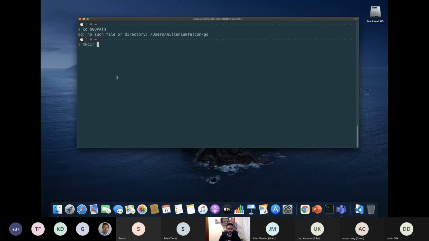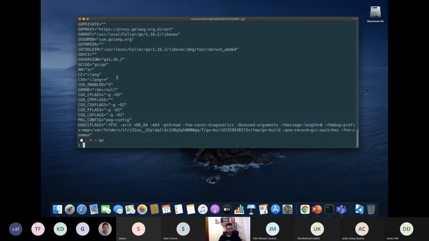So I'm going to create that, go home, go, and if I do something like this, okay, I can see that I'm in my workspace right now. So again, it doesn't matter where you are going to have your workspace, you have to have at least one. So it's pretty important that you have that, right? By default, that's going to be here.